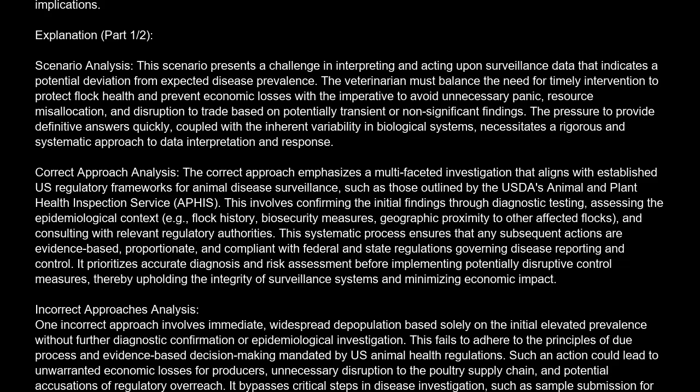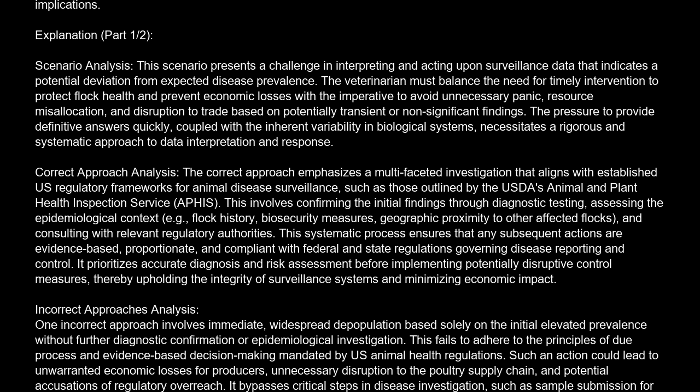Correct answer is D. Immediately initiate a comprehensive diagnostic investigation, including sample submission to accredited laboratories for pathogen identification, and consult with state and federal veterinary authorities to assess the epidemiological implications. Explanation. Scenario analysis. This scenario presents a challenge in interpreting and acting upon surveillance data that indicates a potential deviation from expected disease prevalence. The veterinarian must balance the need for timely intervention to protect flock health and prevent economic losses with the imperative to avoid unnecessary panic, resource misallocation, and disruption to trade based on potentially transient or non-significant